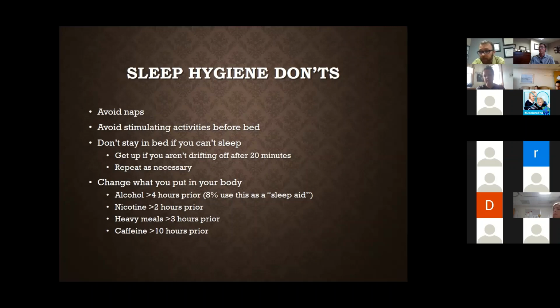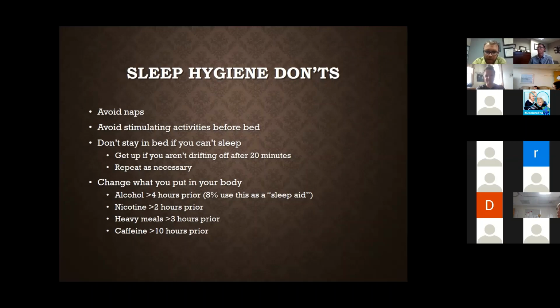Heavy meals, in fact. So if you're gonna have a really big meal with your family, something like that, have that at 6 o'clock if you're gonna go to bed at 10 o'clock, because it'll take about 3 hours or so before you start feeling comfortable enough to go to sleep. But obviously what I would recommend is a more healthy portion meal anyway. And so heavy meals should be limited.